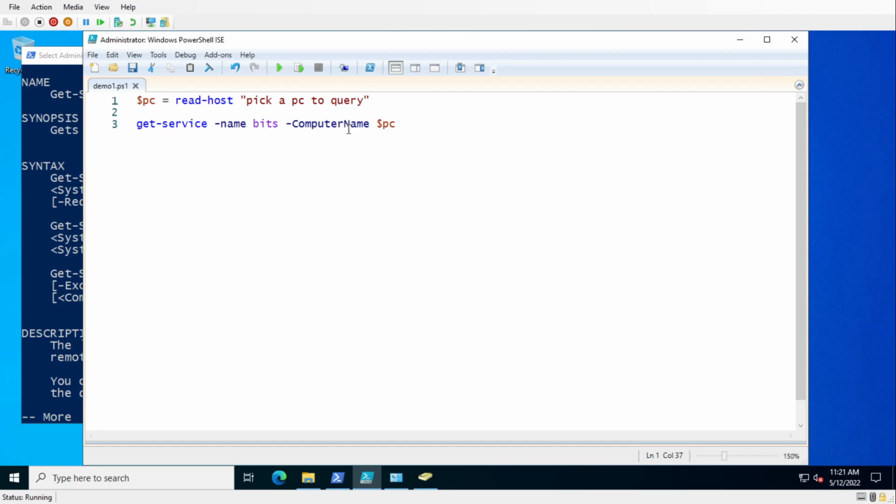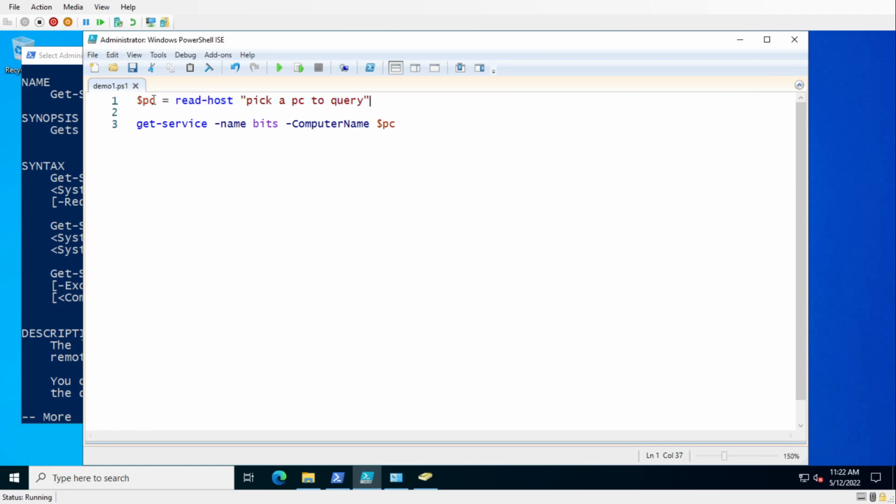But Out-GridView can also be a help when you want to collect input as well. So for instance, maybe I don't want people just randomly typing computer names in because they could maybe type in the wrong one. So